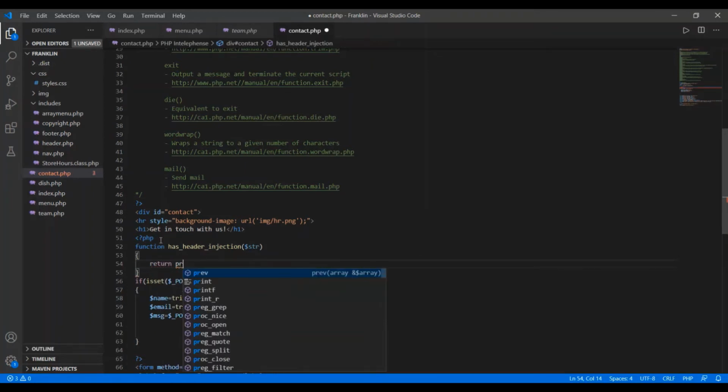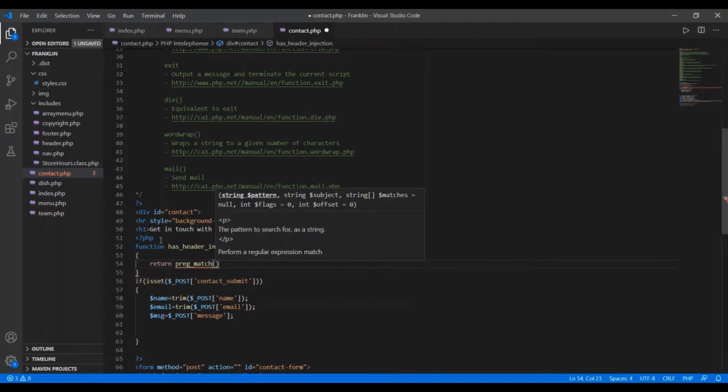For that I'm using the return keyword, and here I'm using another function that is preg_match. If we see here, the preg_match function is used to match certain patterns. This function is used for matching certain patterns there.